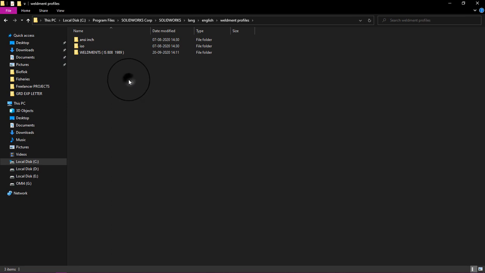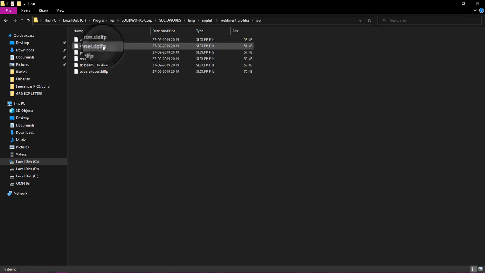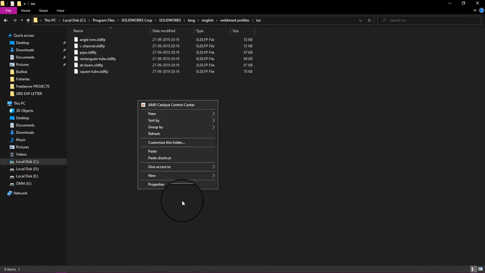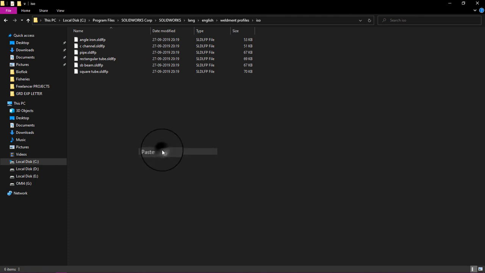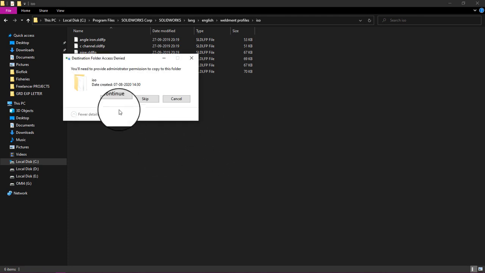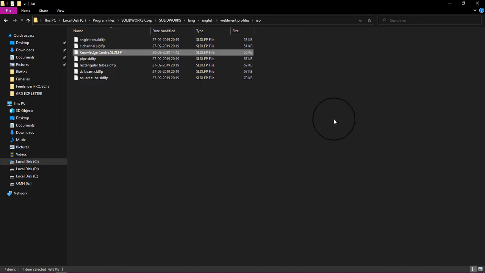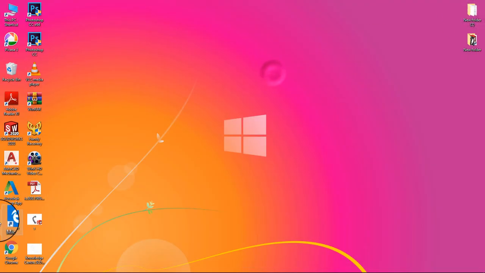I just want to paste it in ISO. It's okay, fine, and click on continue. Just close this and reboot our system.